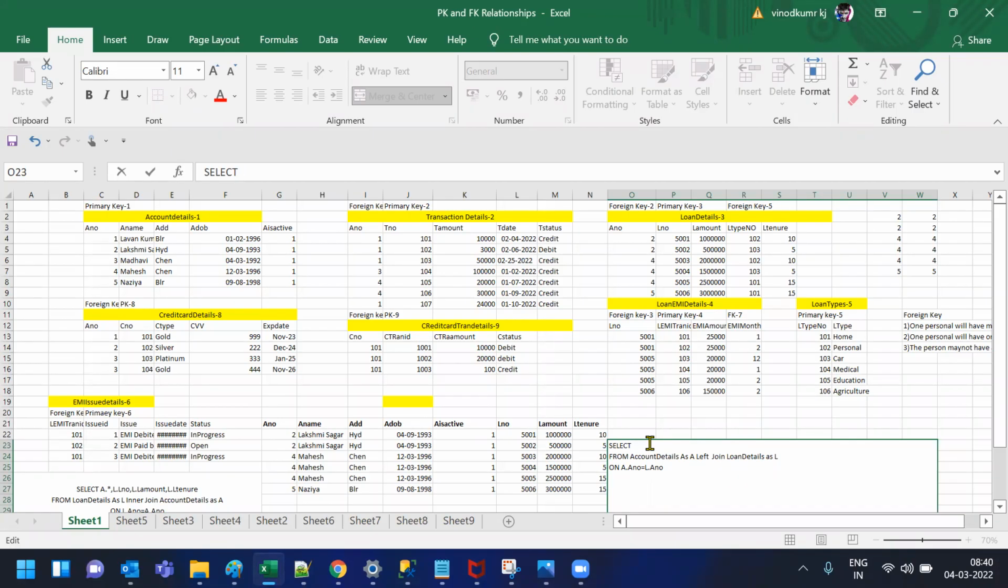EA, or we can just put EA dot star, all the records from account, and the loan. We have taken transactions, right? You can take loan also, no issues. L comma loan number comma loan number comma L dot loan amount. And from this table, and left join this table as,